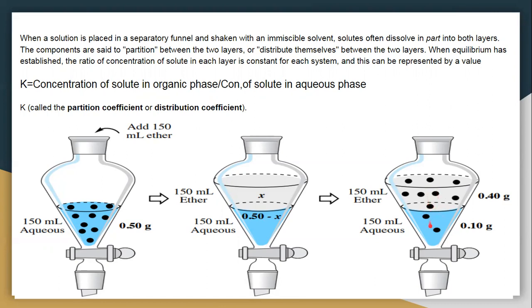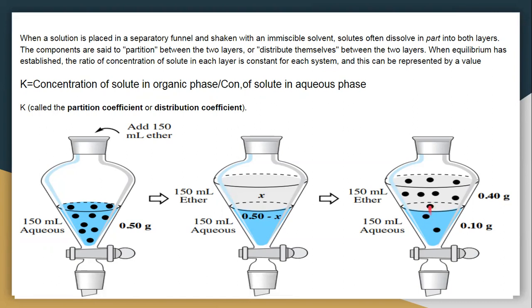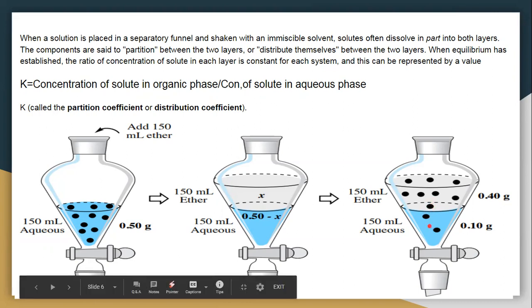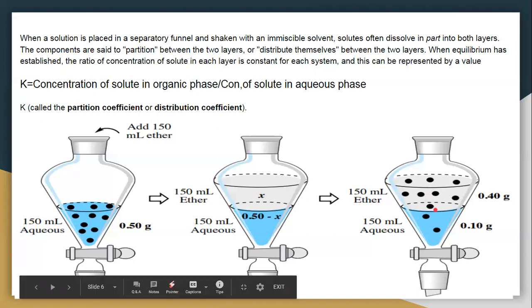How long does this transfer go on? Between the concentrations of these two solutions, equilibrium has to be attained. That is, the concentration of both solutions should attain equilibrium. Equilibrium means a balanced state, and that is a dynamic equilibrium. So after establishing or attaining dynamic equilibrium, what happens? The concentration of both solutions remains constant. So when dynamic equilibrium is attained between these two solutions, the concentration of both solutions remains constant.